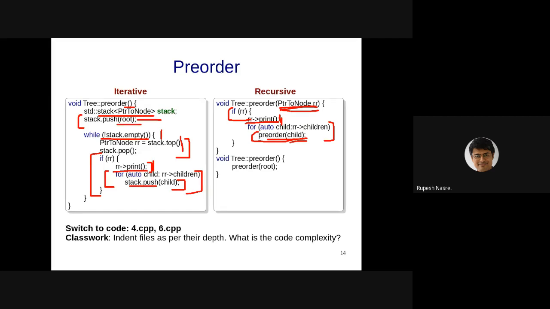So RR arrow print can be replaced with, or can be preceded with, some for loop which prints those many spaces or tabs, right? Initially you pass another indent variable which is going to be 0 for the root, and then you go on increasing it. So pre-order of child comma indent plus 1, right? So as Mayank has suggested, that is going to make sure that it is appropriate. What will you do in the context of iterative function?